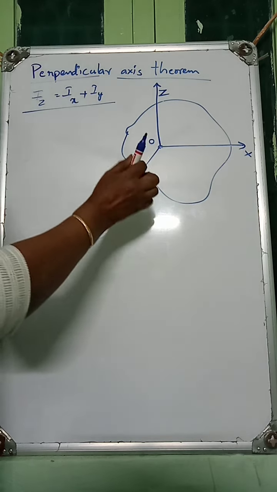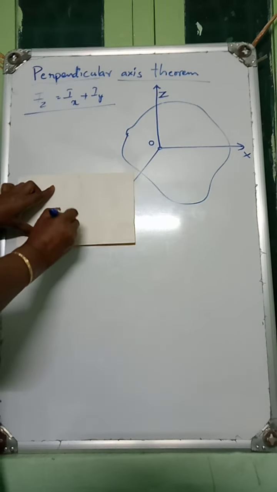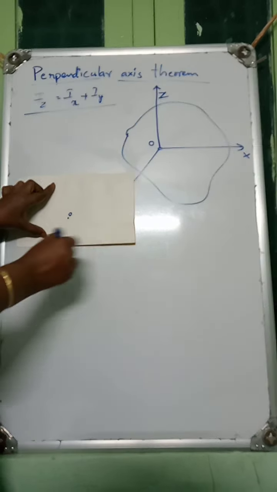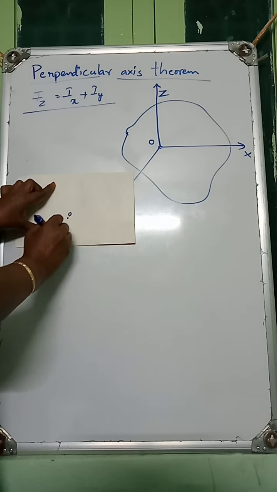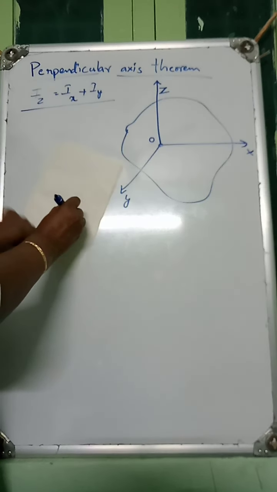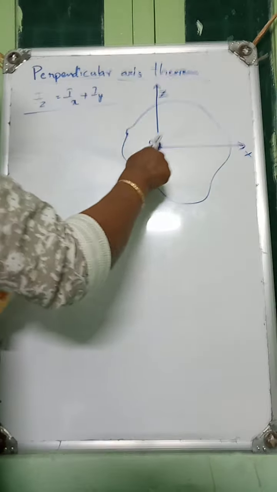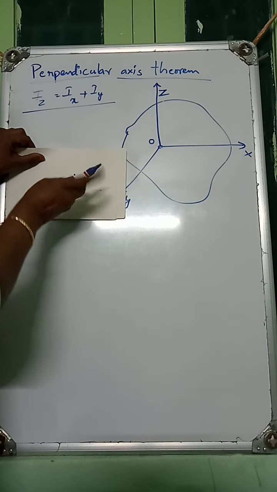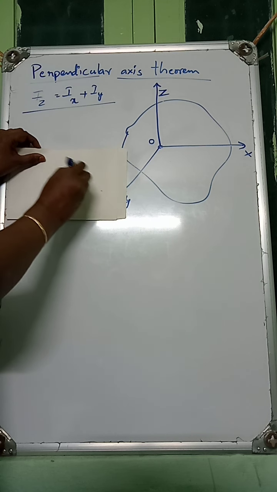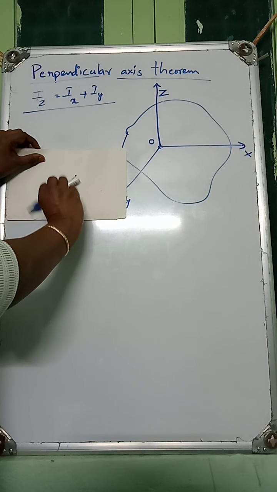The moment of inertia of this lamina about the point O, perpendicular to the plane and passing through any point. It need not pass through center of mass or center of gravity. You can take z-axis anywhere. Here, here, here or anywhere. So, if this lamina is rotating like this, now you consider another two axes, x and y axis. For example, if you take x-axis like this, y-axis like this, you should draw z-axis like this. You cannot draw z-axis like this. That's why you are taking x, y and z.